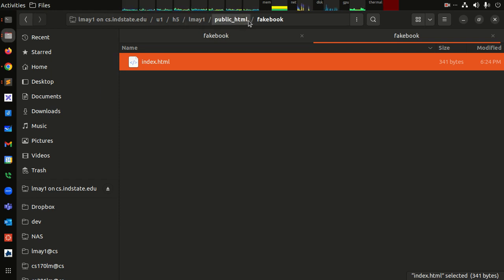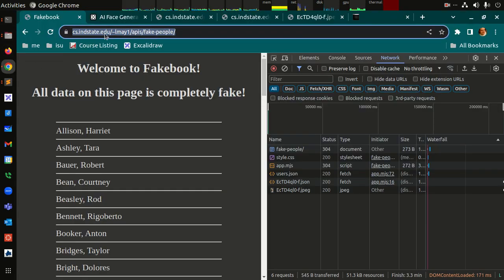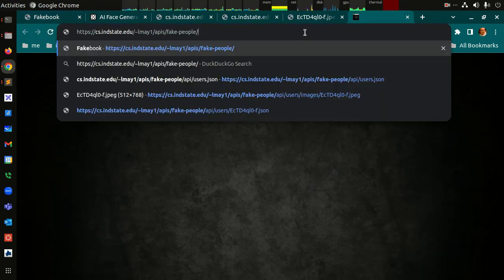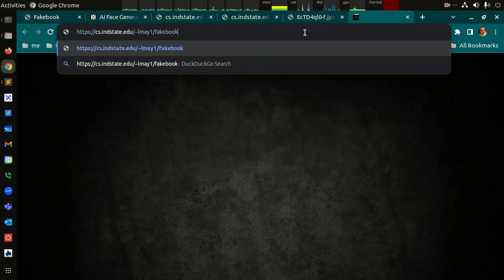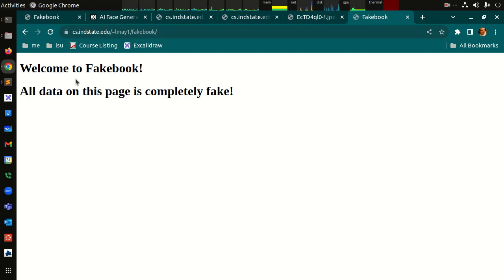Anything in the public HTML folder is served in your username. So here I have tilde username, and then this application is going to be called, or the URL is going to be, cs.indstate / tilde lma1 / and then fakebook. All right, so there's our two